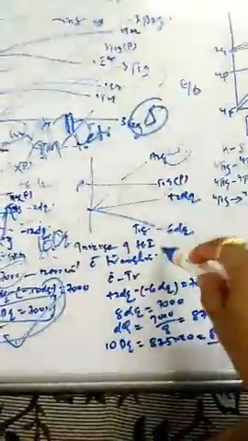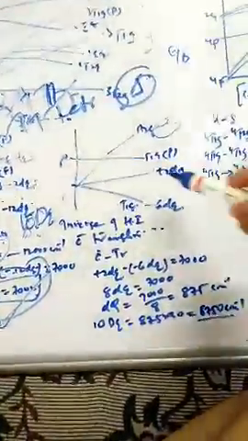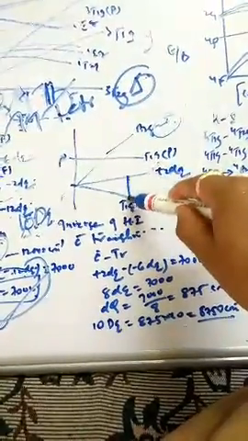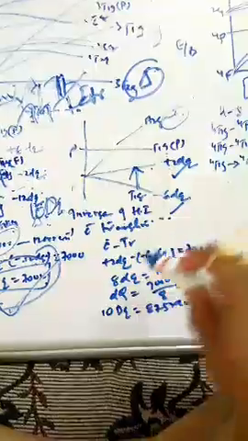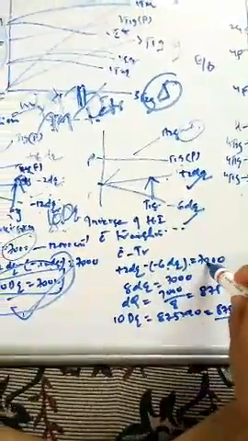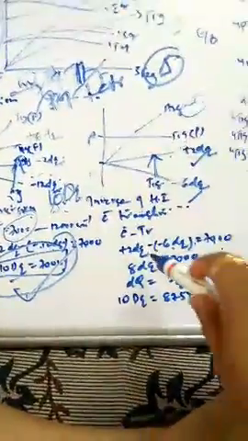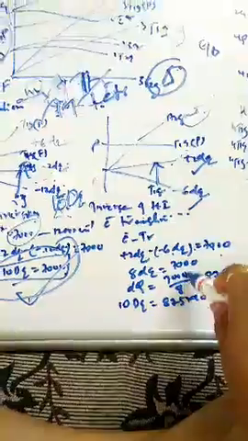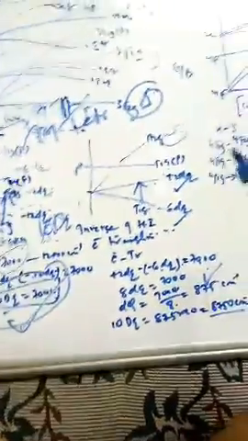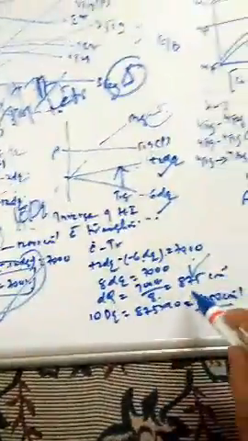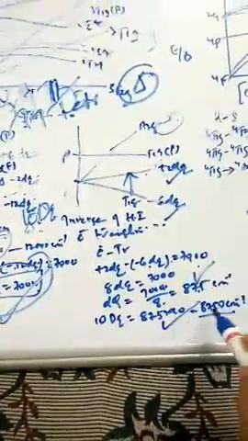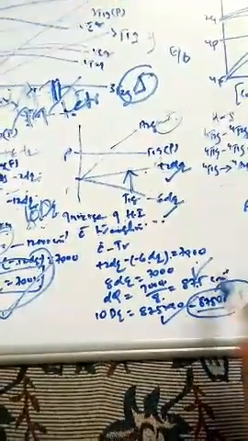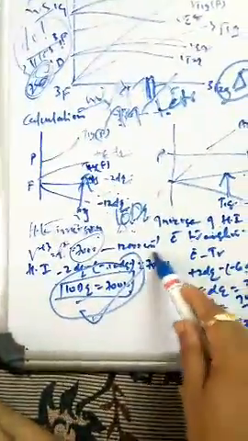Now we will calculate electron transition also. This is the first transition for electron transition, so it is plus Dq and minus 6 Dq. So plus Dq minus of minus 6 Dq is equal to 7,000. So 8 Dq is equal to 7,000. So Dq is equal to 7,000 by 8, that becomes 875, and therefore the 10 Dq value becomes 8,750. So for electron transition we got 8,750, and for hole inversion we got 7,000.